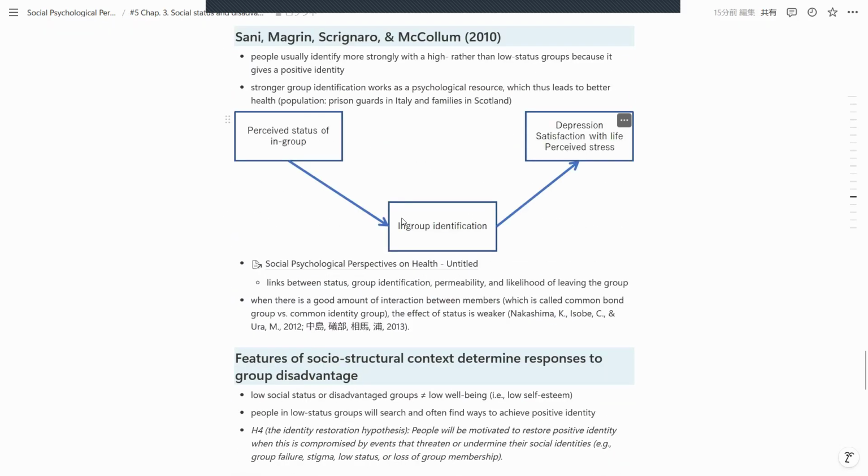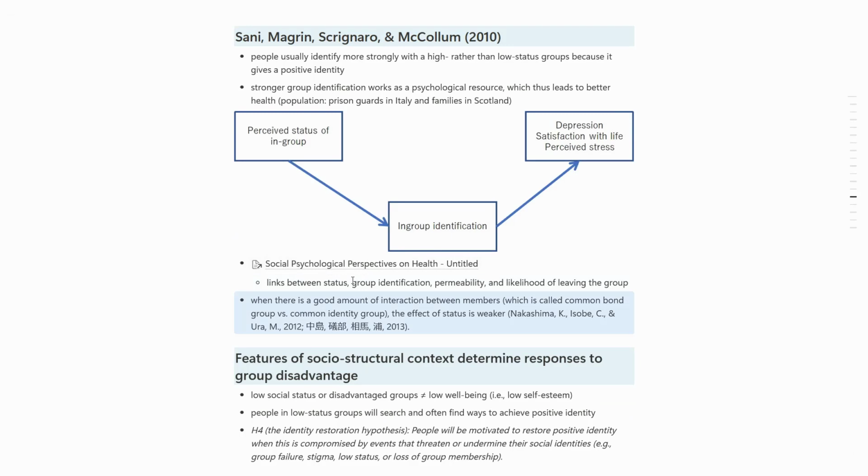Oh yeah, we are back. Okay. So links between status, group identification, permeability, and likelihood of leaving. So that's what I just talked about. And then the link between perceived status of in-group and in-group identification may be particularly salient. Sorry. The link between perceived status of in-group and the in-group identification may be not so strong when there is